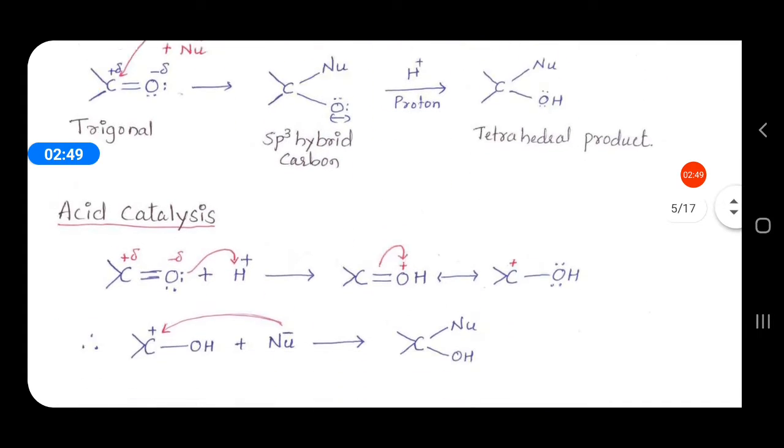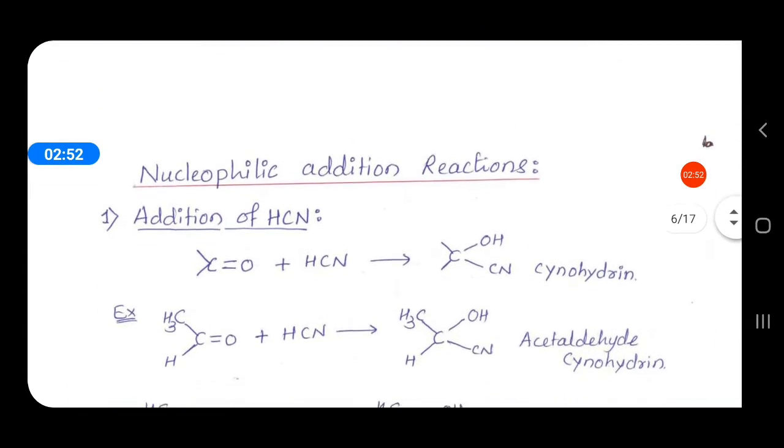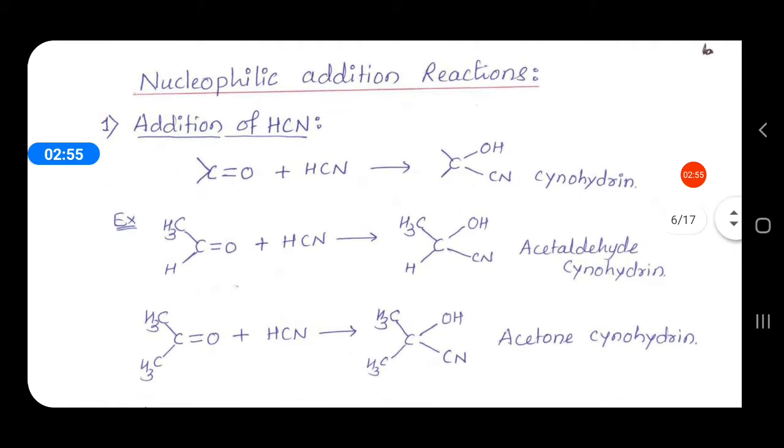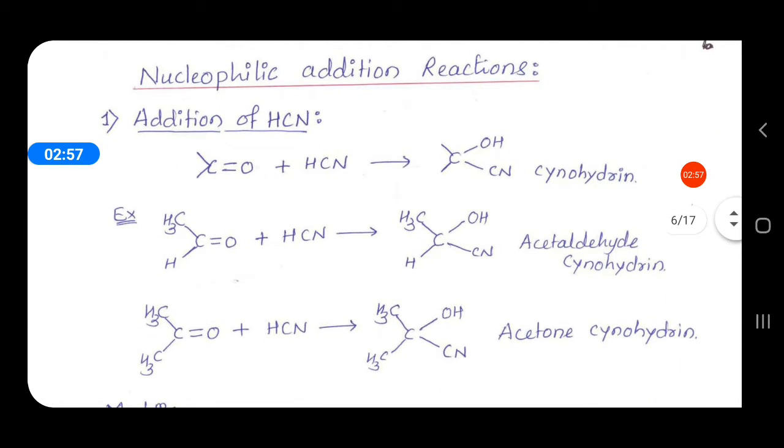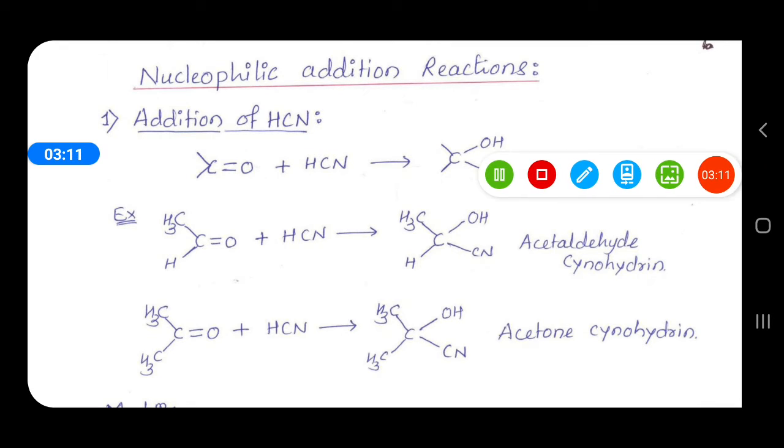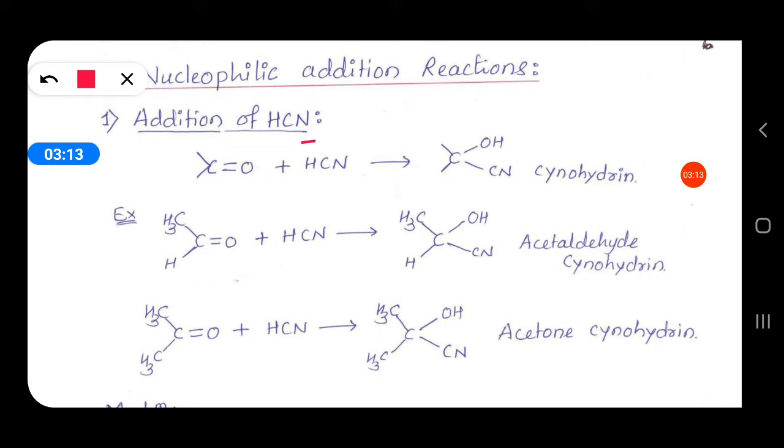Now we will see some specific reactions of aldehydes and ketones, that is, nucleophilic addition reactions. In the nucleophilic addition reaction, we will take the first example, HCN, hydrogen cyanide. In hydrogen cyanide, the H is plus and CN is minus. When hydrogen cyanide is added to the carbonyl group, H goes to oxygen, CN goes to carbon,